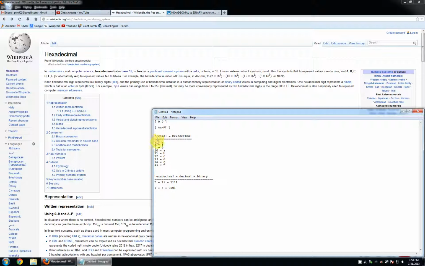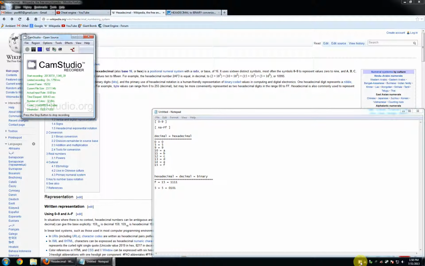Hexadecimal is just a way of expressing numbers that are expressible in decimal or any other numbering system, but there's a logical correlation: with one digit in hexadecimal, we can express the value of 4 bits. And when you apply that to what we've been talking about as far as bit patterns and things like that,